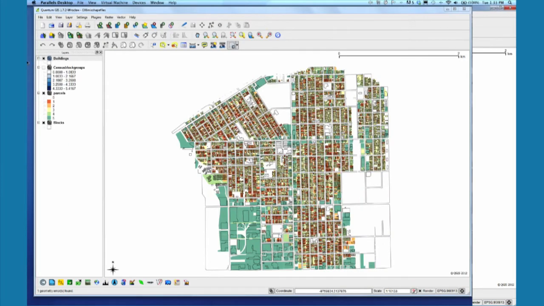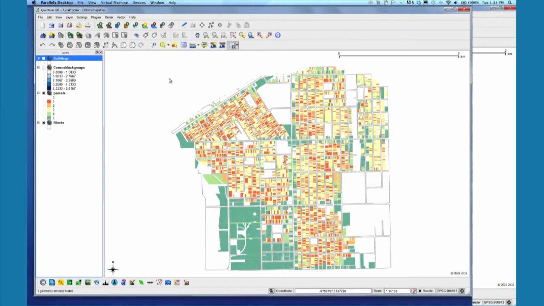I've changed the colors here. I'm going to turn the buildings off. So now I can really see where we've got blocks that, relative to the area, are more homogeneous. This is a pretty mixed use kind of environment we're dealing with here, in terms of US neighborhoods. But for the sake of this exercise, let's go ahead and identify those blocks that seem to have a lower than average housing unit mix,